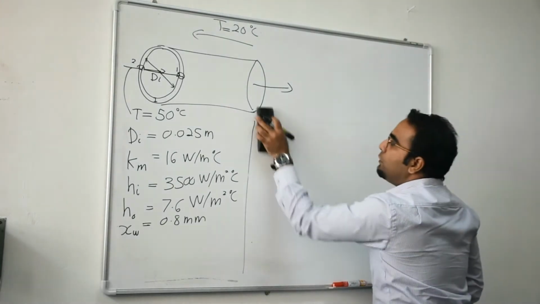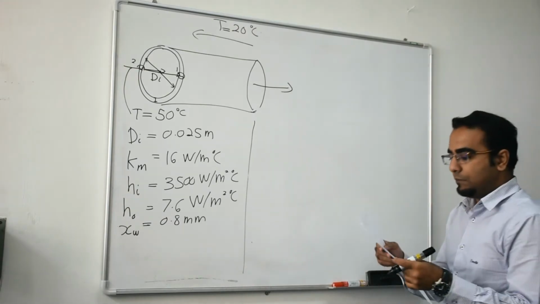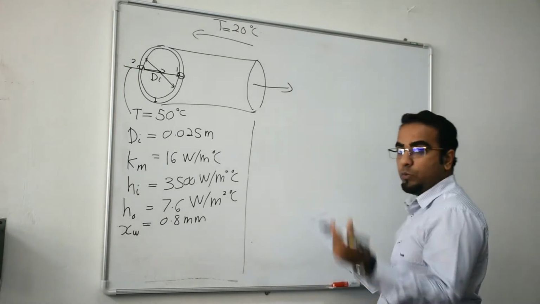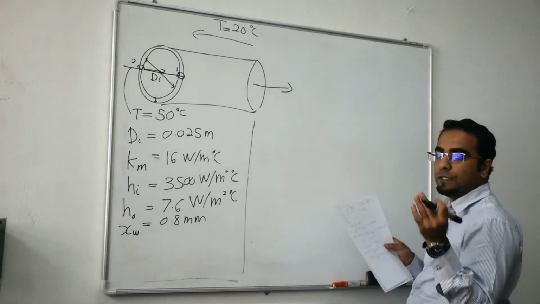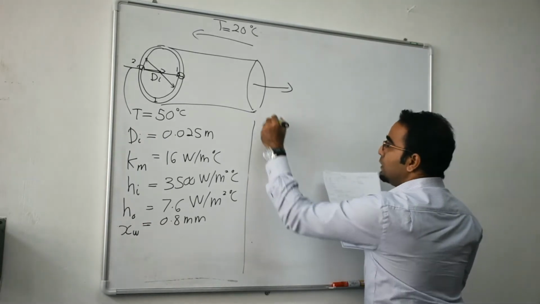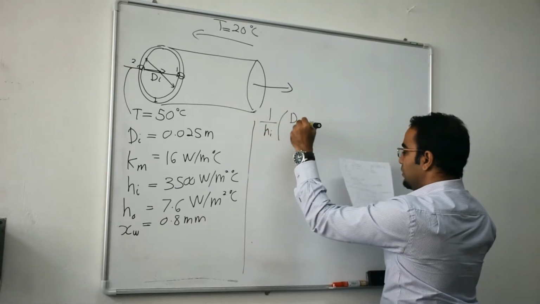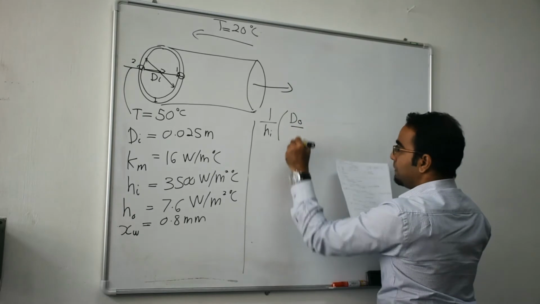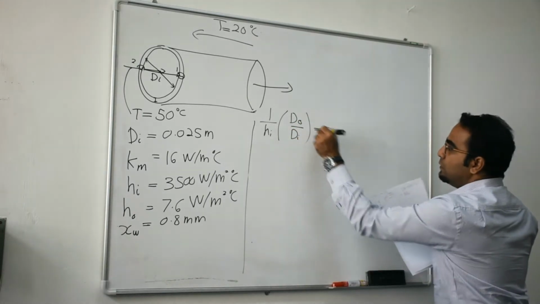So I would prefer if we do it one term at a time, meaning that the whole equation we know. So let's take out the first term, because in this equation we have 3 terms. The first term is 1 over HI times DO over DI. So this is the first term. So if you put the value, you get